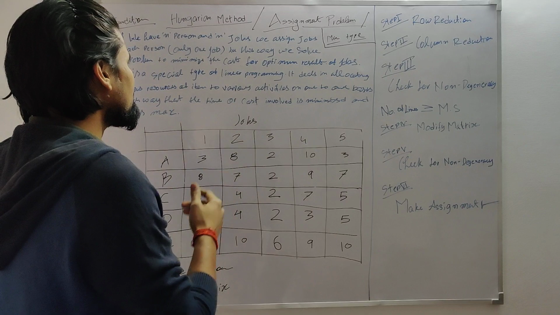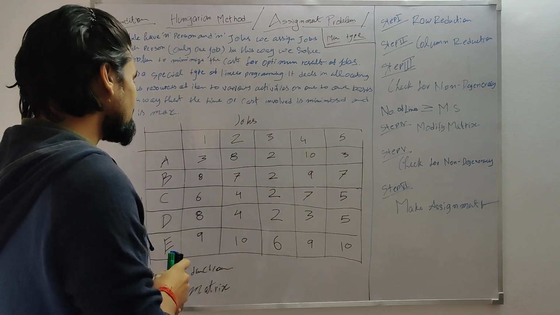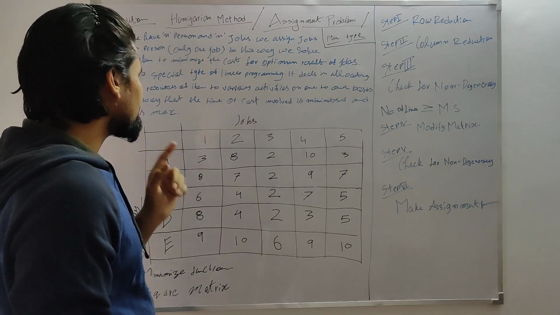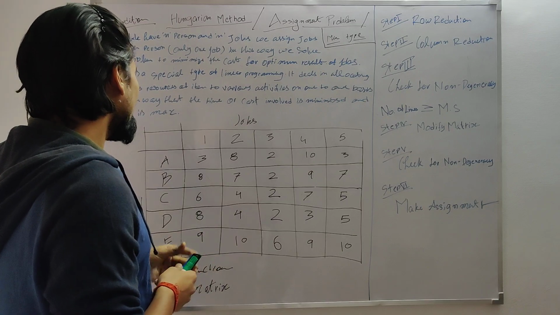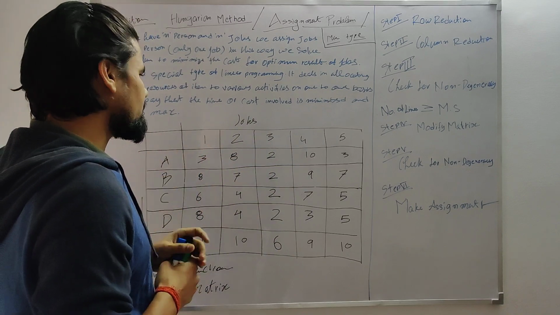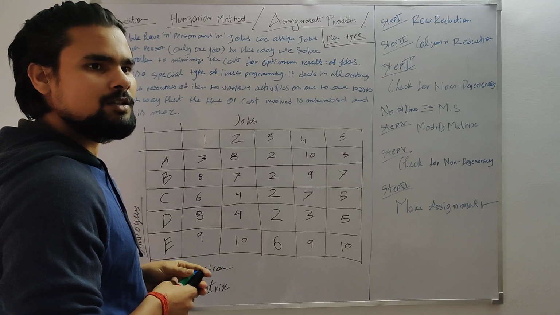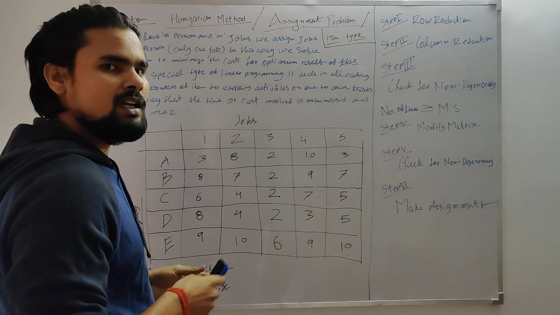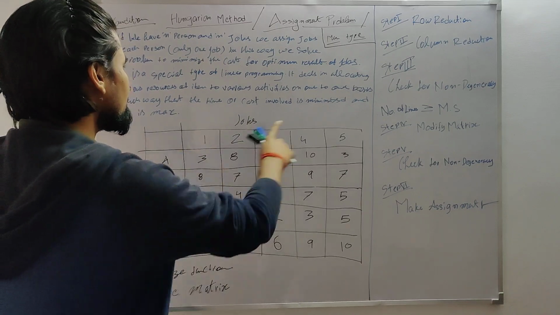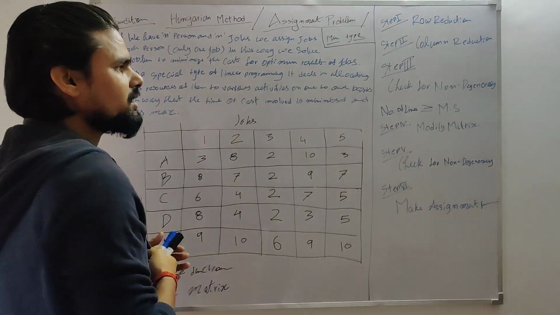So first, what are the conditions? There are several conditions. The first condition is that each person will be assigned one job only. The second condition is that your matrix should be square. And here we are going to find the minimum function, we are going to look for the minimum, like minimum units of time. Okay, so this is your problem, and over here I have written the steps we are going to follow